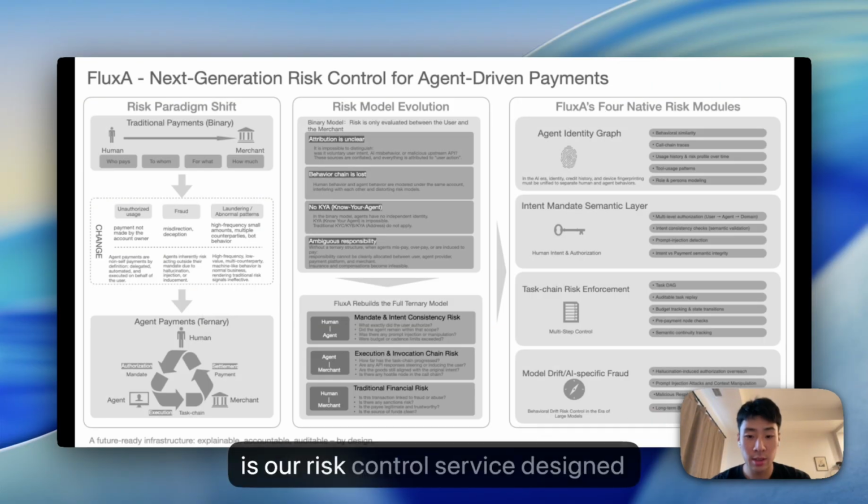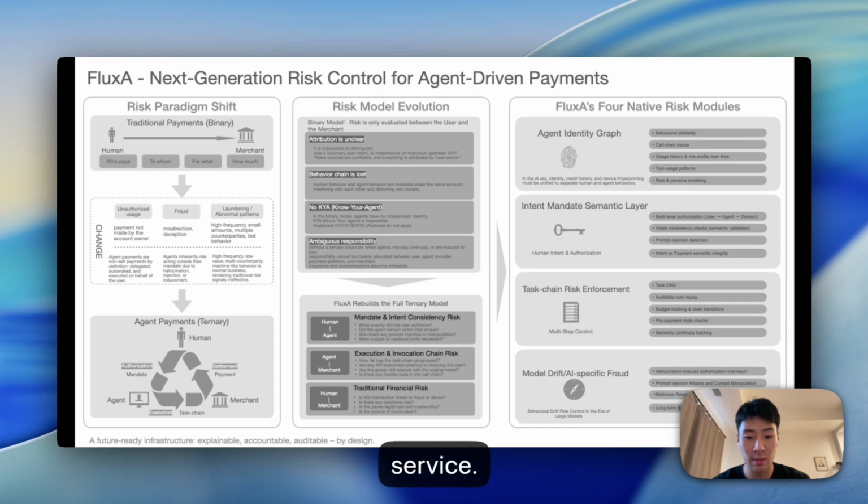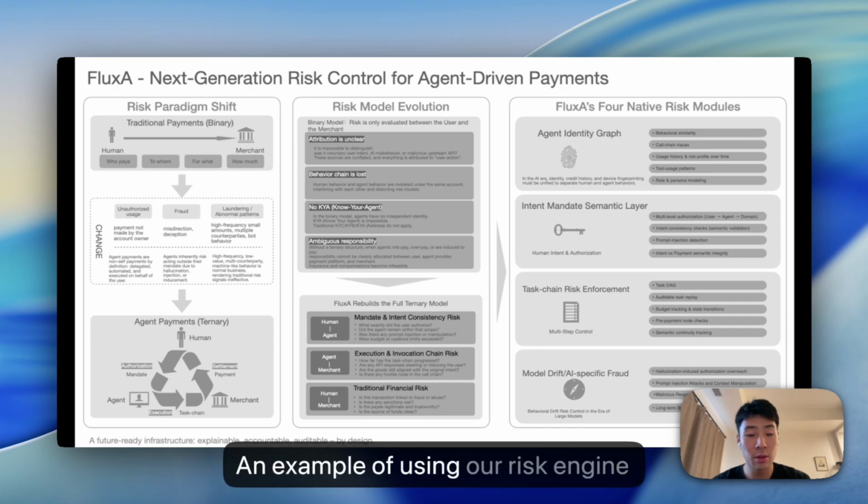This is our risk engine. This is our risk control service designed specifically for agent payment scenarios. It builds an identity graph on top of agent ID and provides risk detection and blocking capabilities for the mandate service. An example of using our risk engine would be that the FluxA agent wallet receives a payment request